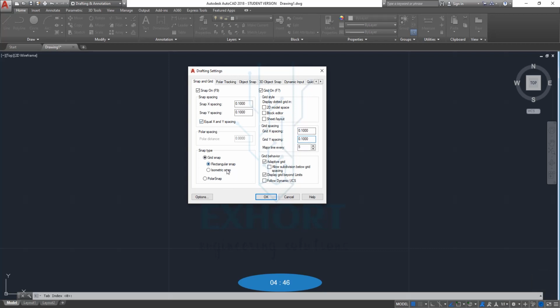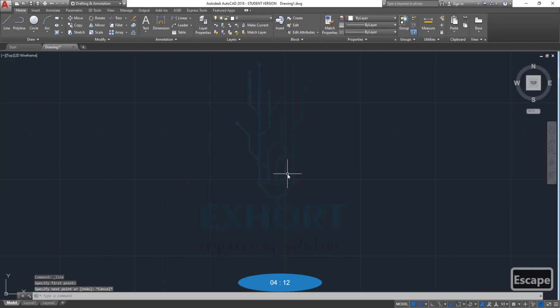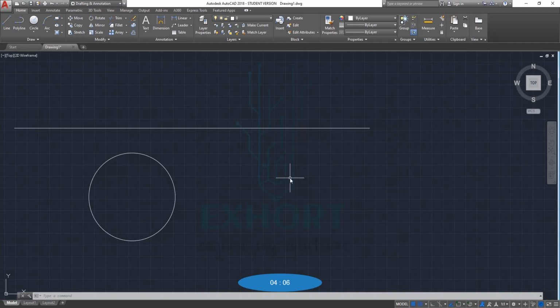Okay friends, here you can see isometric snap and rectangular snap under grid. Grid is the X and Y axis. By clicking on rectangular we can draw a simple 2D drawing. By clicking on isometric we can draw in isometric view. First of all we will see how to draw with rectangular. I will just click OK. Now you will see the gap between these is 0.1, 0.2, 0.3, meaning it is rising by 0.1. In this manner we can draw our drawing very conveniently.